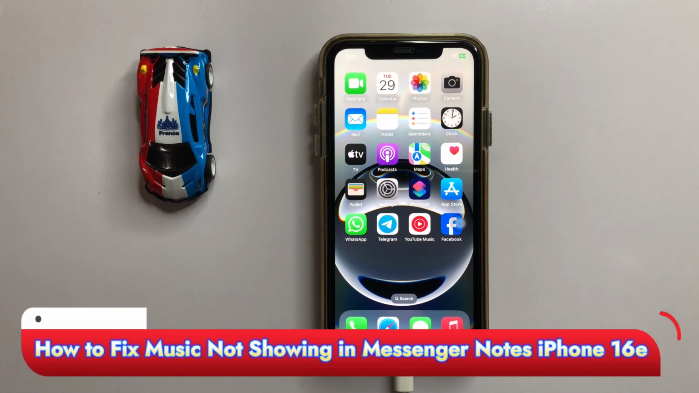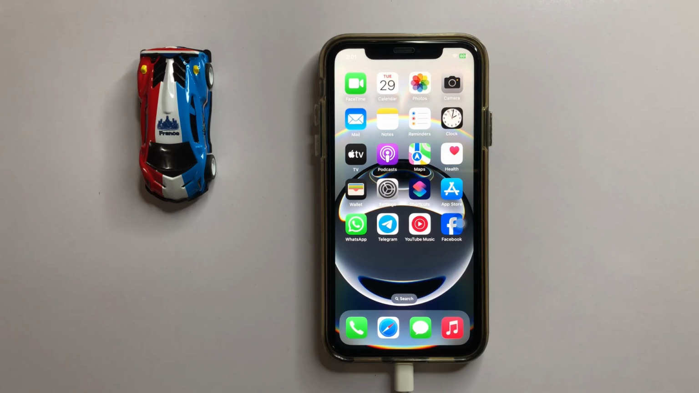How to fix music not showing in Messenger notes in iPhone 16e. So let's start the video. First of all, if you want to fix this problem, then firstly open your App Store